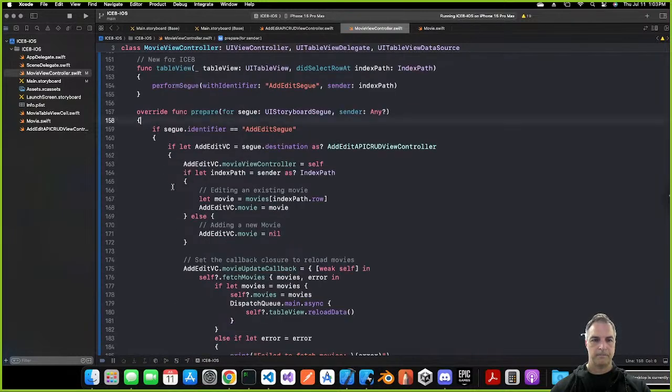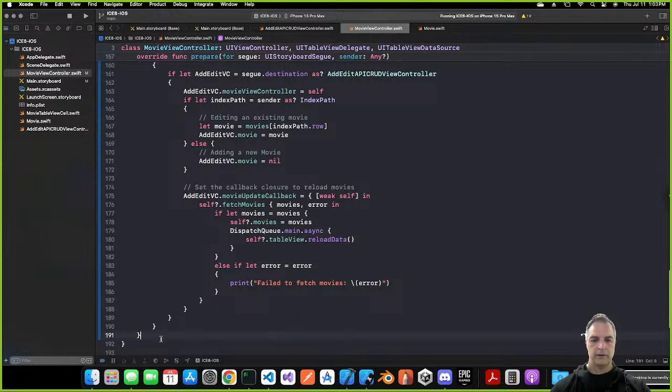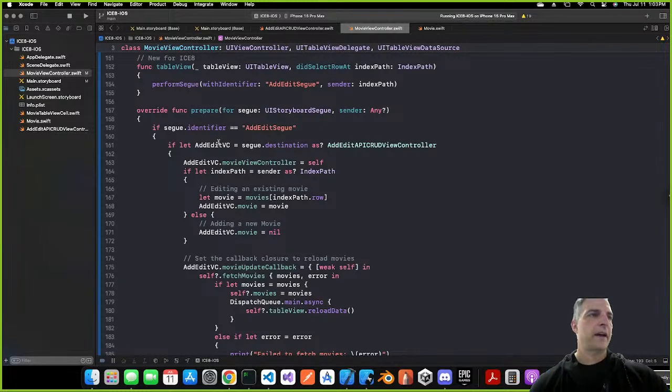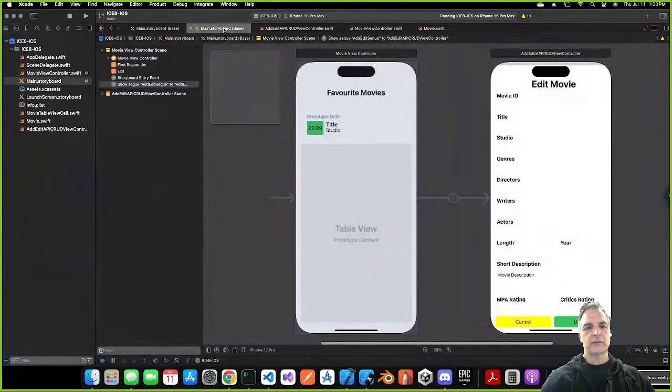This one. That's this. And so now that is the override for that one. That's the override prepare function, and that is if we're going to move across from one thing to the other. One thing we don't have, which I think is a good time to add now, is in the main storyboard,